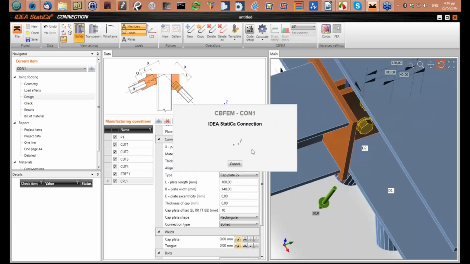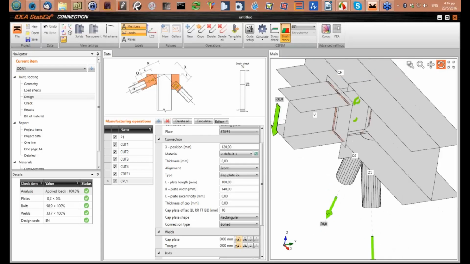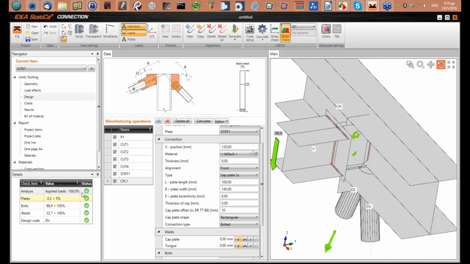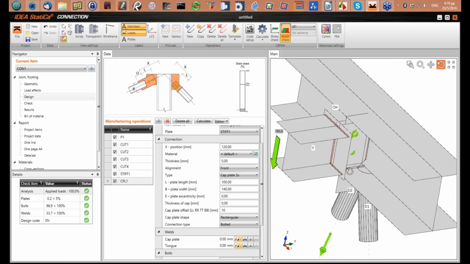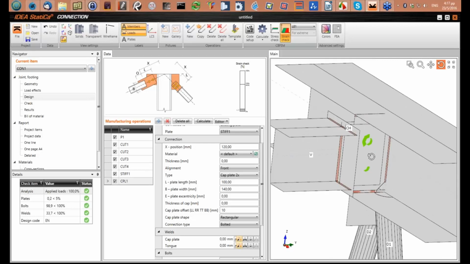So I also try this alternate configuration, which is also passing the checks. So this is a typical workflow of IDEA Connection, and you can see how easily we can play around and modify things. So let's go back to the check